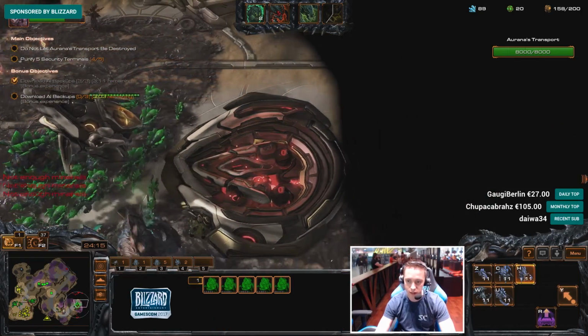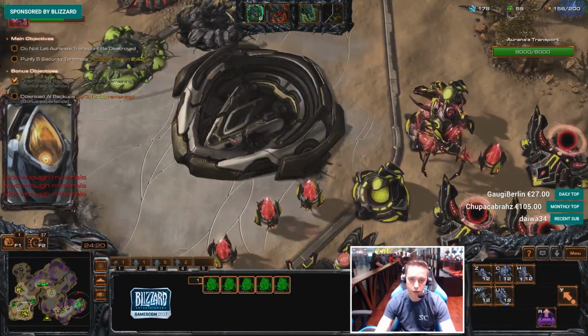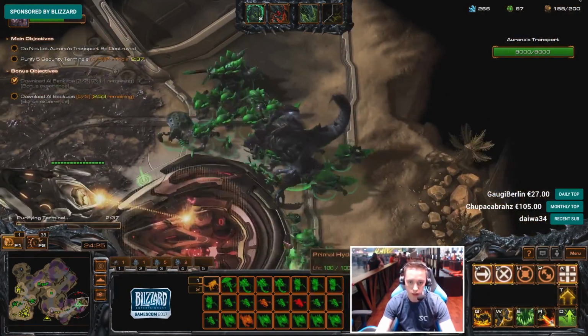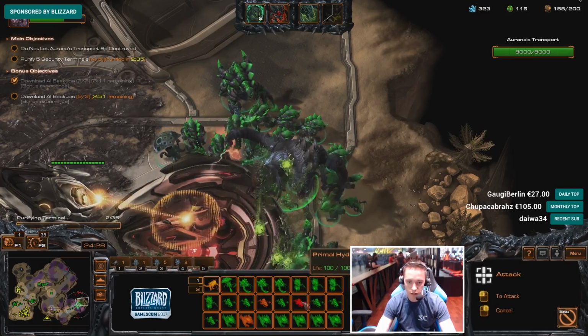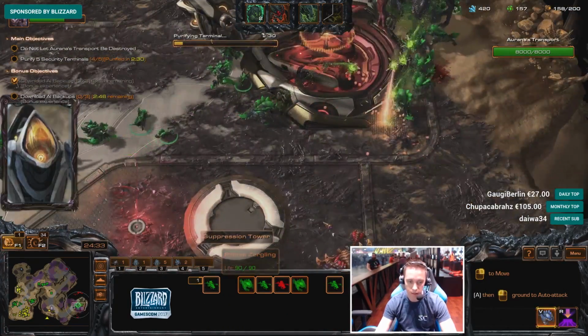Alright, let's get the Hydras. Need some anti-air in here as well. We can see though, the spending right now is pretty straightforward. The spending right now becomes a lot easier the longer the game goes. If you got a lot of income, you gotta be able to use all of those. Okay,